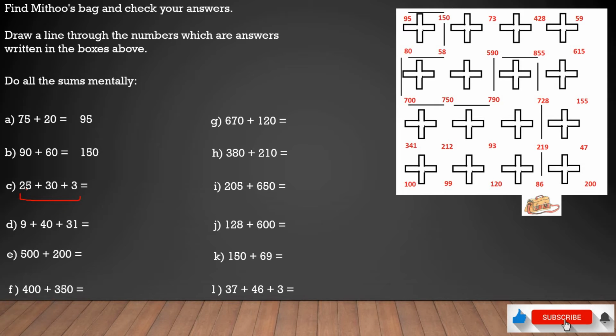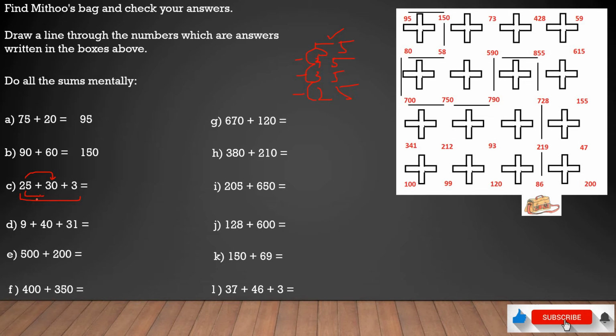Here we have 3 numbers. In 25 first we'll add 30. If in 25 you add 30, then we keep moving 10 steps upside. I'm just writing the numbers from each column. So from 25 if you add 10 we reach 35, then 45, then 55. So 10, 20 and 30. If you add 30 to 25 we reach 55.